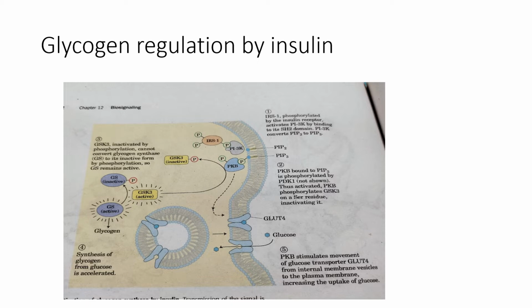Here we will see glycogen regulation by insulin. As I told you, once IRS1 is activated, it is phosphorylated because the beta subunit of the insulin receptor is phosphorylated, and that phosphorylates IRS1. So once IRS is activated, it will activate all the SH2